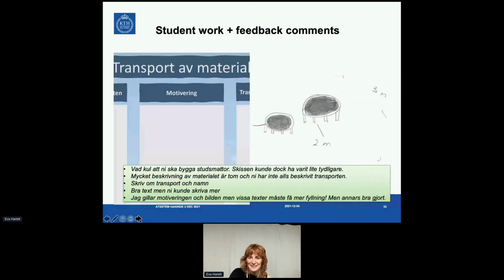Oh, sorry, here is the example of the student work. I must have mismatched the order of this. Here you can see one of the things that the students at the open spaces wanted to do. They wanted to create a jump yard at the backyard of their school. And at first they had not filled out the subtask to motivate why they chose a certain material, etc. And also you can see that the sketches they have done they can improve as well. And the comments there are in Swedish now, but you can see that they get comments like, you haven't filled out